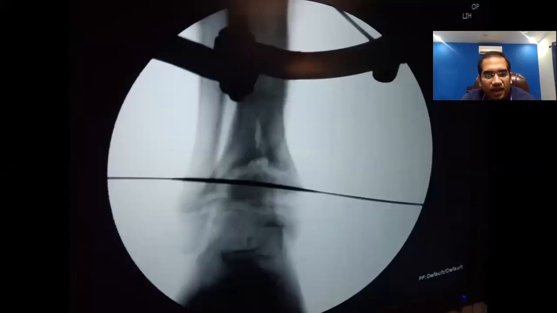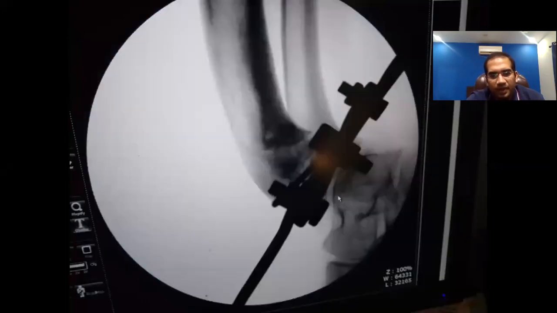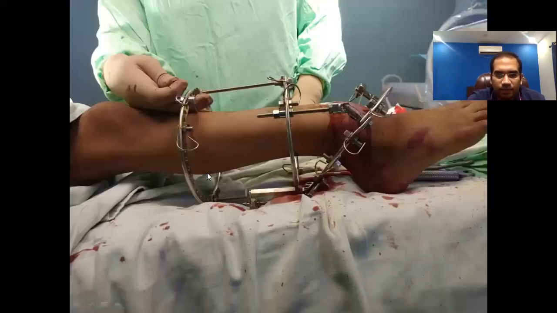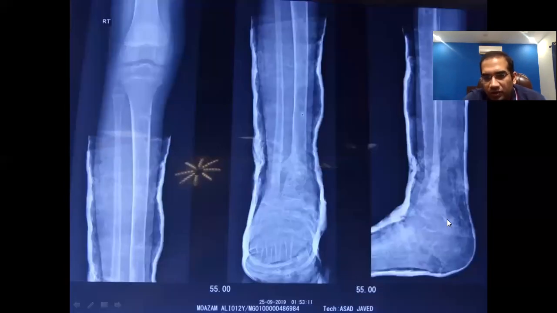Here the reference line was just to make sure that there is no frontal plane malalignment. The joint line reference wire was passed like this, then a ring was applied. This is where my hinges are placed, exactly over the angulation correction axis. This was the assembly. As you can see, the hinge is exactly at the angulation correction, at the apex of the deformity. And this is how the deformity got corrected.